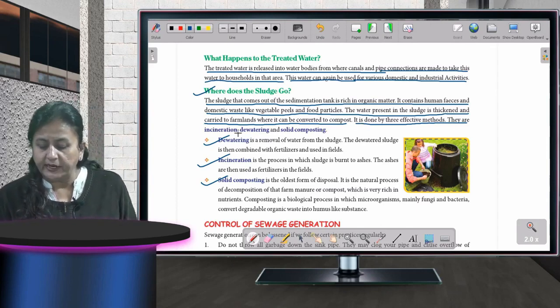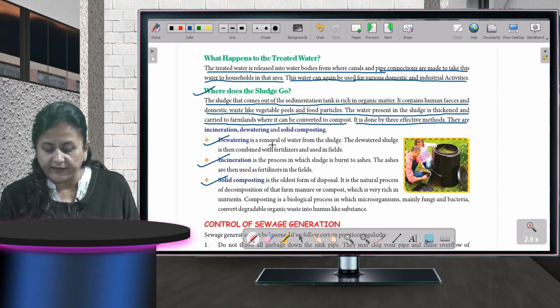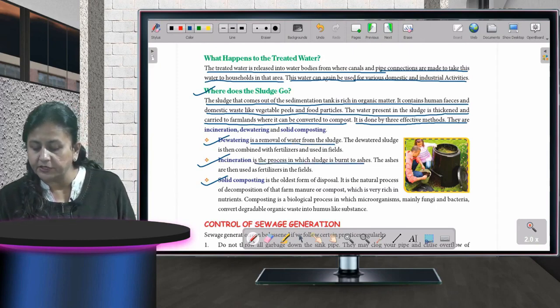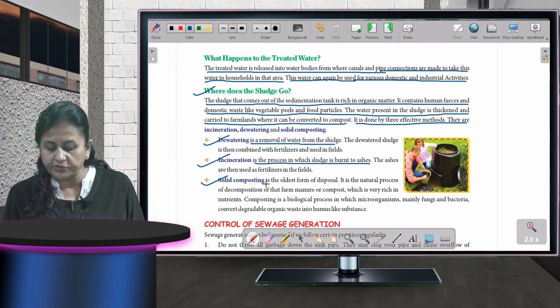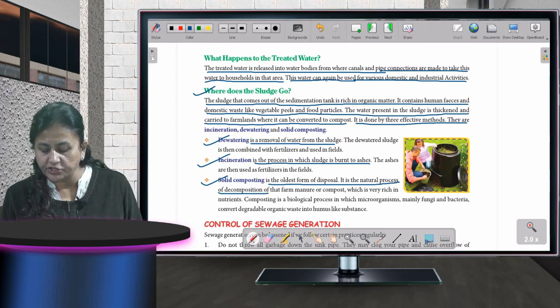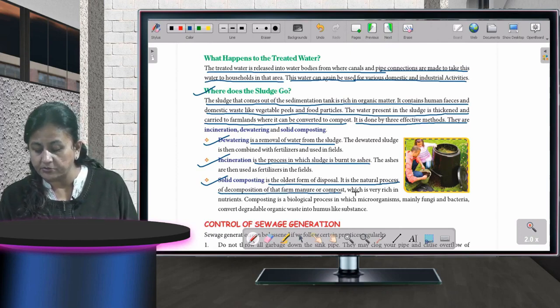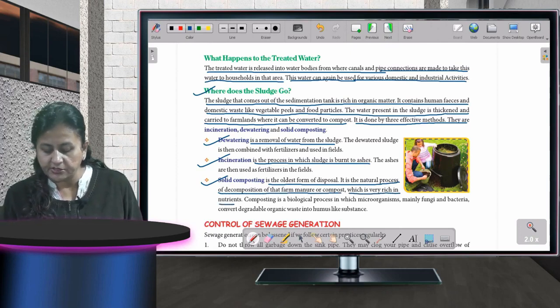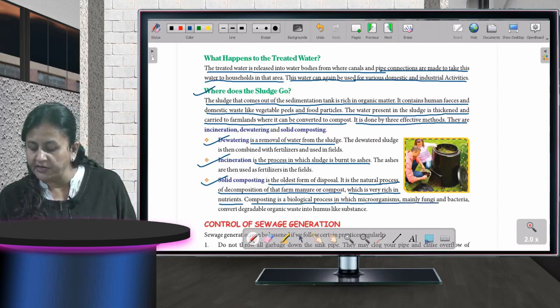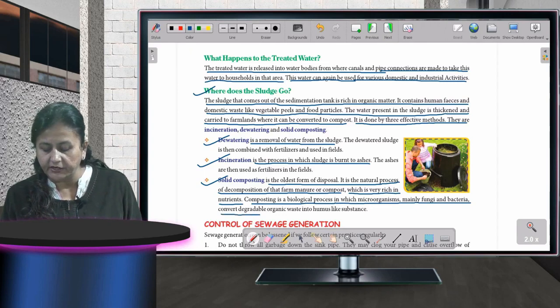Here it is converted by three methods. First is dewatering. As I told you, it is the removal of water from the sludge. Then incineration, the process in which sludge is burned to ashes. And composting is the oldest form of disposal. It is a natural process of decomposition of farm manure or compost, which is very rich in nutrients. Composting is a biological process in which microorganisms, mainly fungi and bacteria, convert degradable organic waste into a humus-like